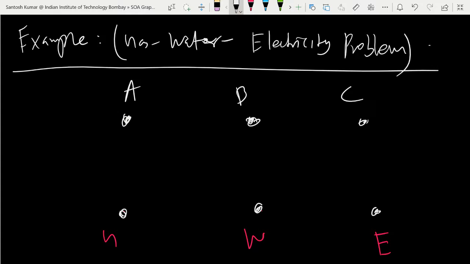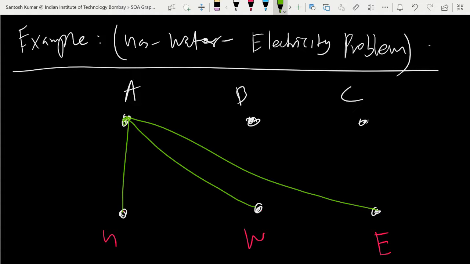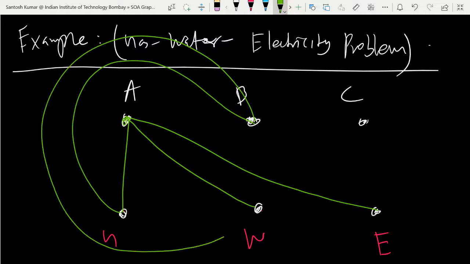It is not possible, sir. Like see, I want a gas connection to house A, a water connection to house A, and then an electricity connection to house A. This is the path we made. Again, B also wants all three things. So we can try: let's make another path for B. This is one path for gas, and for water, let's take it a little from outside. This is another path. Okay, the electricity path is this. So for house A you provided all three utilities, and for house B you provided all three without crossing an edge.